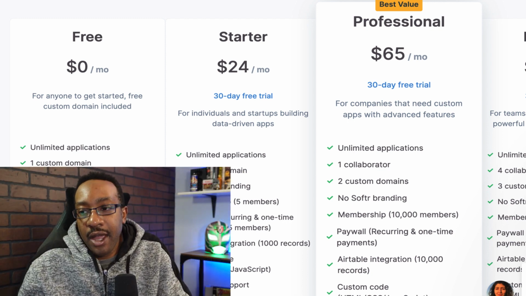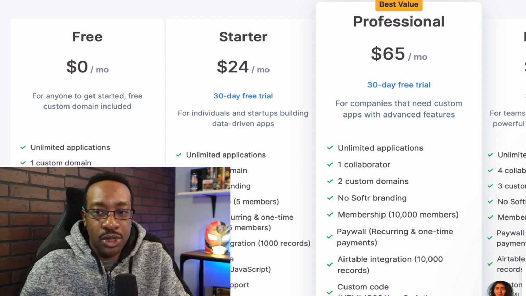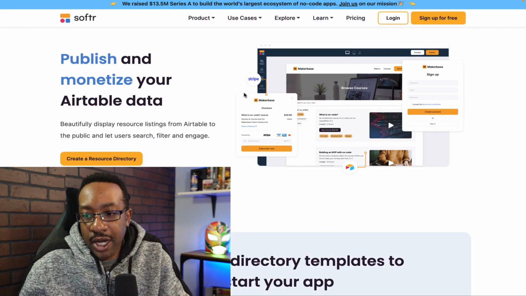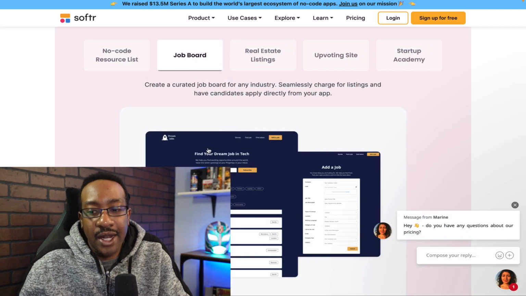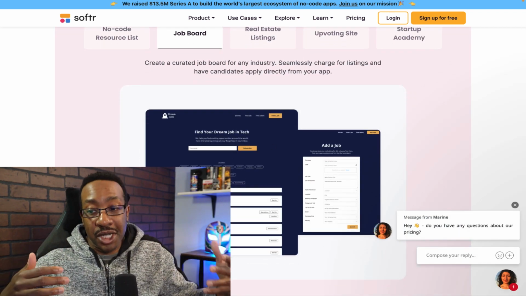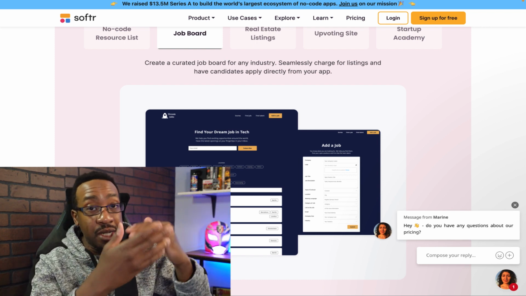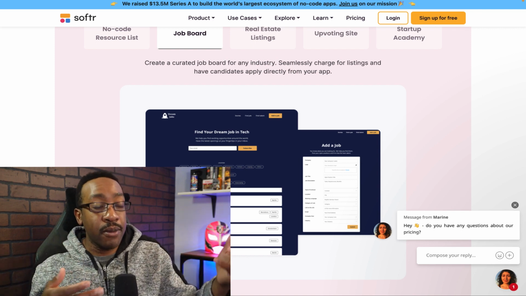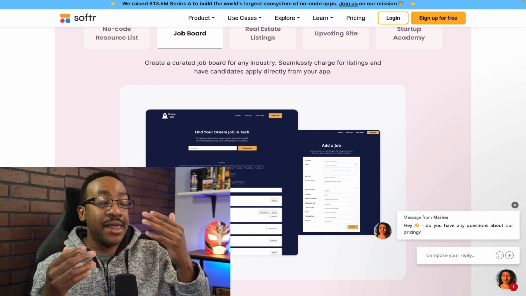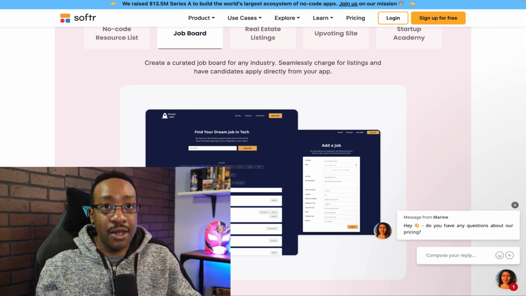So for example, if I'm going to be doing something like a resource directory, I'm going to be showing either a job board or a resource guide. I could have a lot of different records, get people to sign up, have that built in almost like the top of the funnel, something free for me to build my list, and then follow up with them, offer a pro membership, something like that. And then I can have that pro membership roll in, and then I could be making money from there.